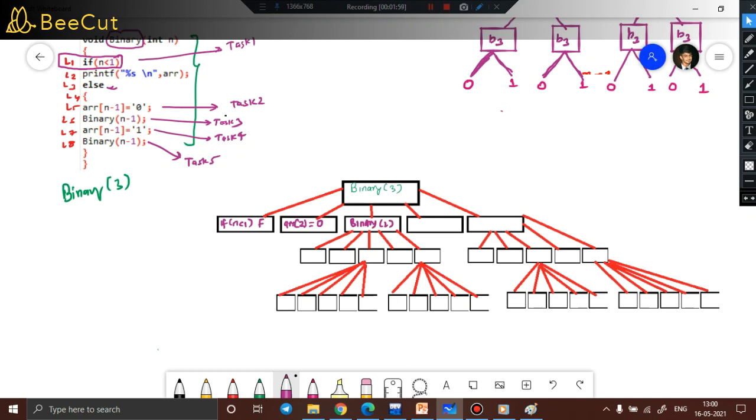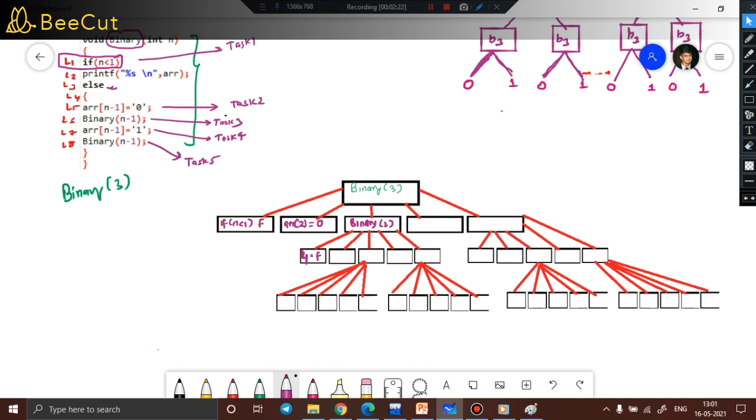So when you expand its node, what will happen? Again you know that binary is a function and it has to perform 5 tasks. So it will start from the beginning. Task 1 says if n less than 1, so basically line 1, I'm writing L1 because of shortage of space. So L1 will be executed and the result will be false. Why? Because n is 2 here and it is not less than 1. The remaining tasks are task 2, task 3, task 4 and task 5 under the else part.